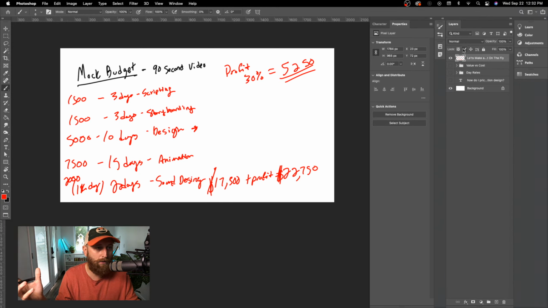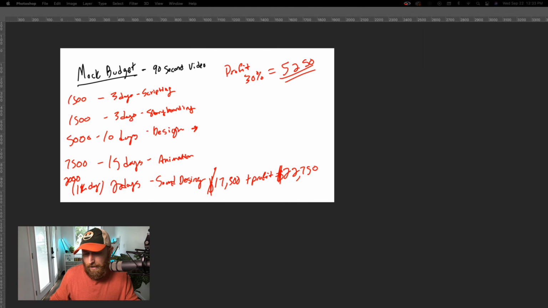So if you're running into sticker shock, hopefully just showing them all of the time that it's going to take and then telling them about your day rate will smooth out the sticker shock, because you can just tell them, hey, look, this is what it costs for my time. This is how long it's going to take, right? Unless you think I should be working for $100 a day, which is damn near minimum wage essentially. Then we're not close. So it costs what it costs, and there's really not much we can do about that. So if there's that kind of sticker shock, then it's probably not a good fit.